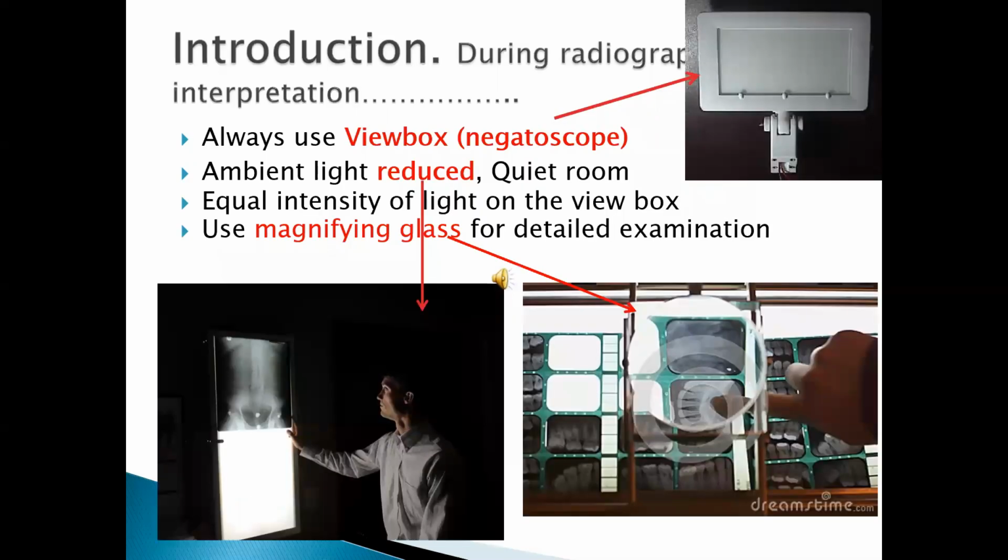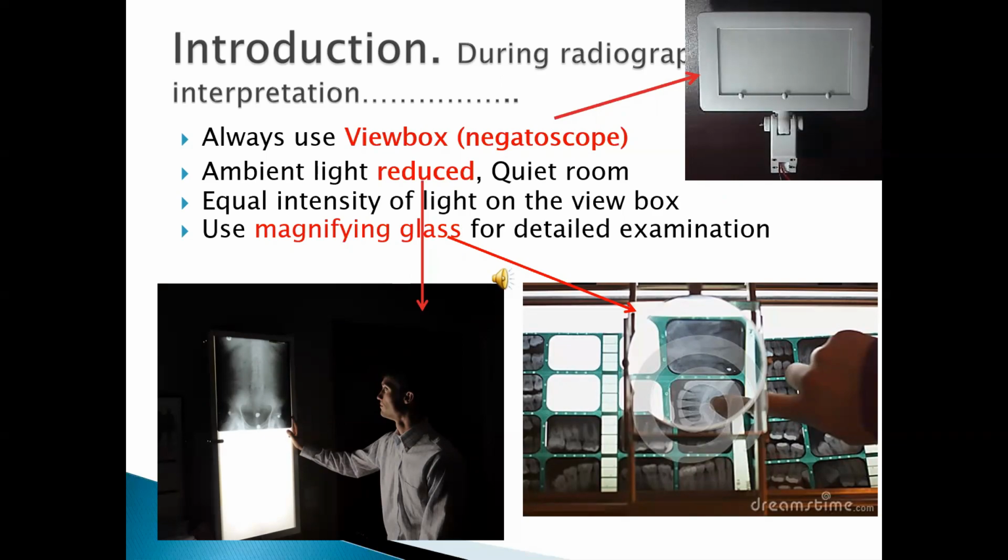In the dental setup, we often find a small view box is usually attached to the dental chair in an area where the instruments are placed. The small intraoral periapical radiograph can be placed on these view boxes and can be interpreted. This holds good for plain film radiography, the conventional method. In the digital method, a screen is attached to the dental chair which can directly show the radiograph that is required by the dentist.